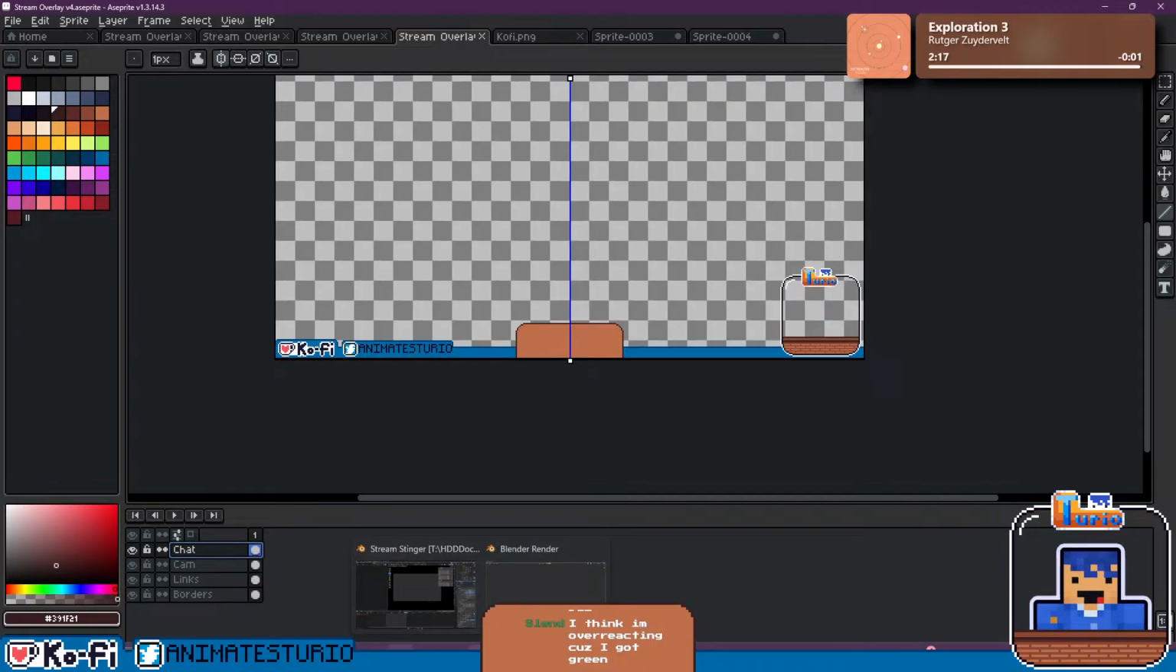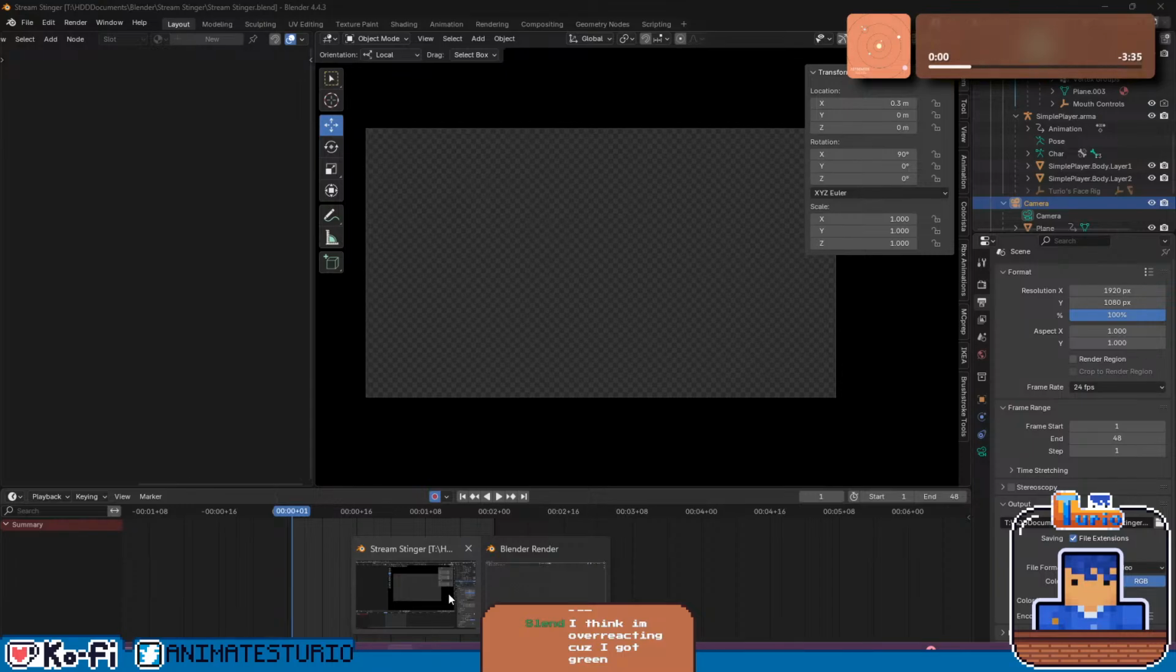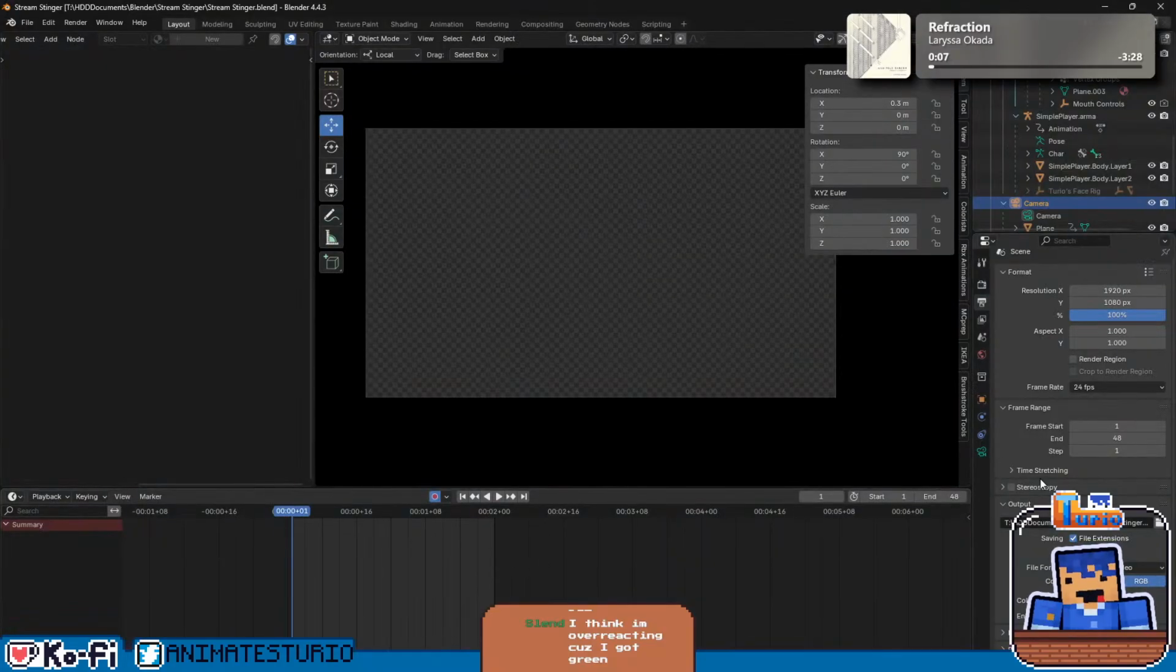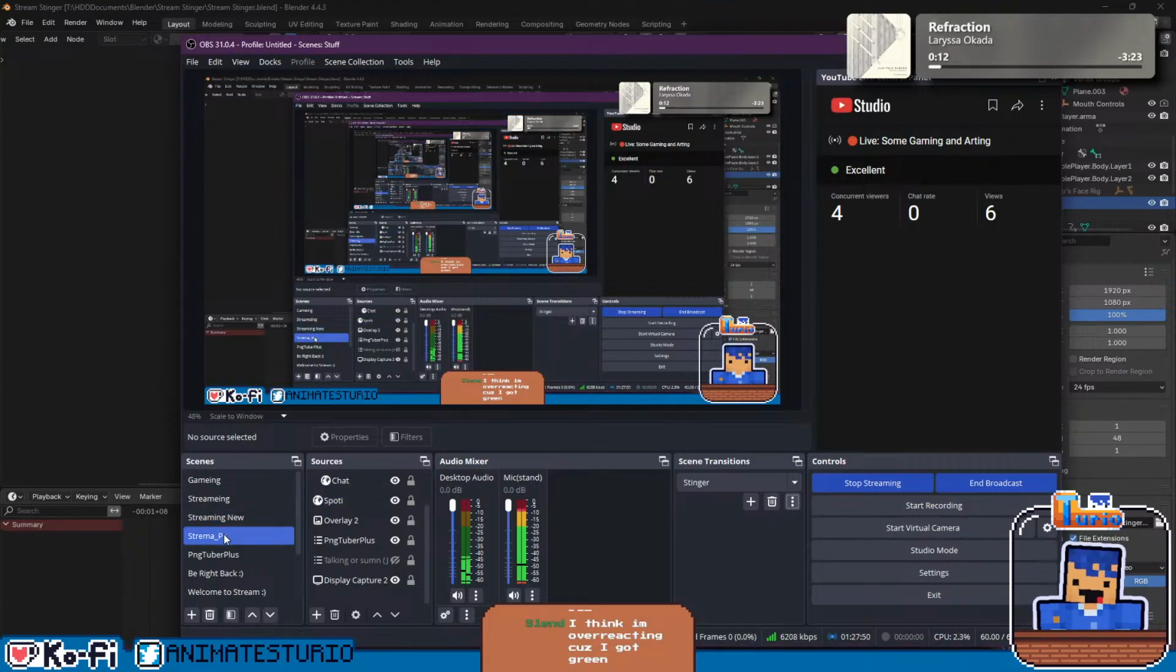Why would you be overreacting? Oh, wait, I'm not that smart. Wait. I just realized it has no transparency. That was the reason why I put it as PNG sequences. But what if